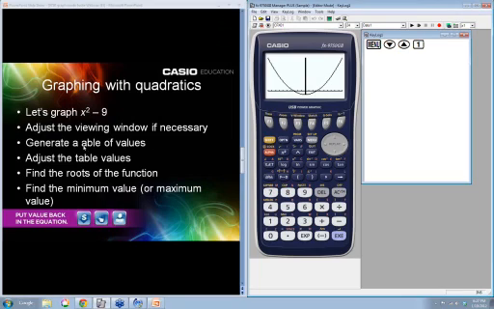Okay, so let's go on to this. Sorry, typo. Generate a table of values. So if we're going to go to table, I think we should probably use 5, which is table. And you notice my function is imported. You don't have to put the function in over and over again. You put it in, it's going to be there when you're ready for it. Okay, so there's my function.